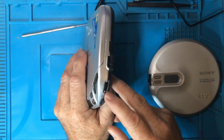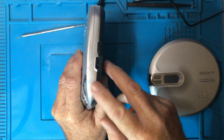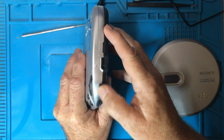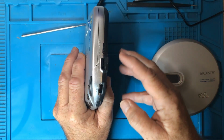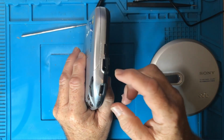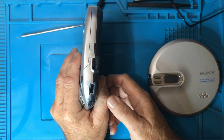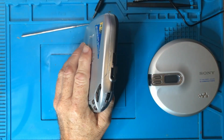Now, obviously you've got a volume control here. That is a pot, which means that when you turn this dial, it increases or decreases the volume. So that could be faulty. It could also be, you would normally have headphones plugged into here, that the connections in here are oxidized and you're simply not making a great connection. So what you would do is make sure the volume is turned up, obviously, and